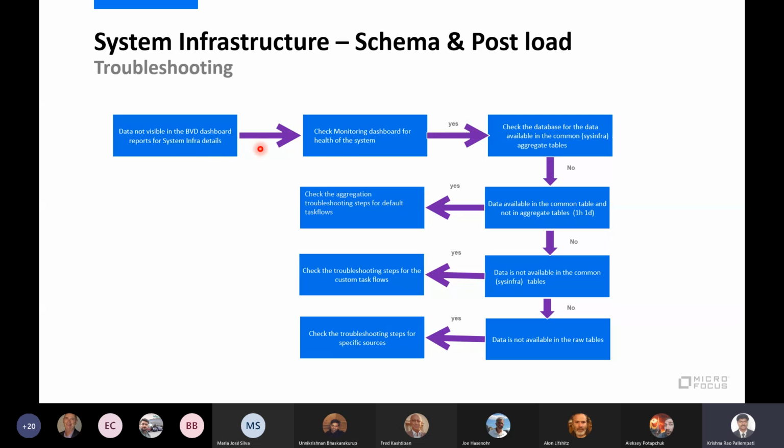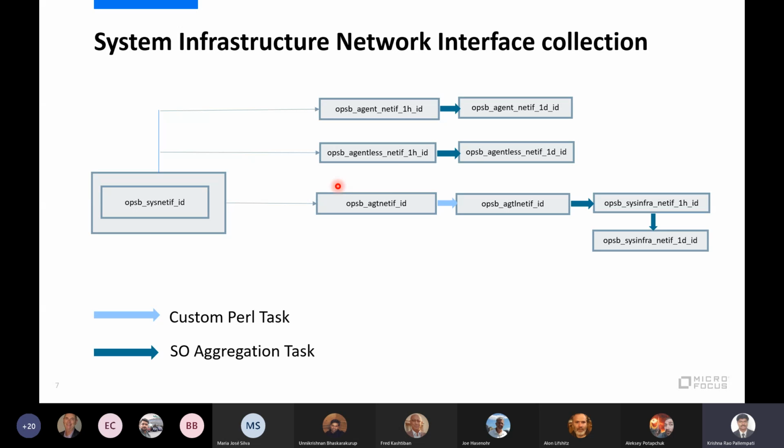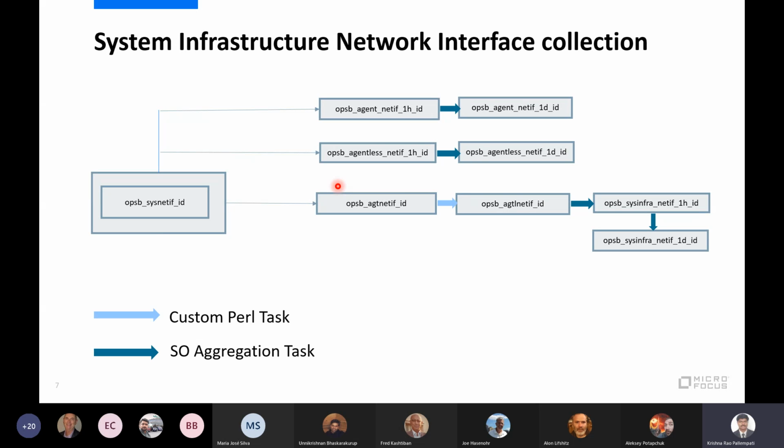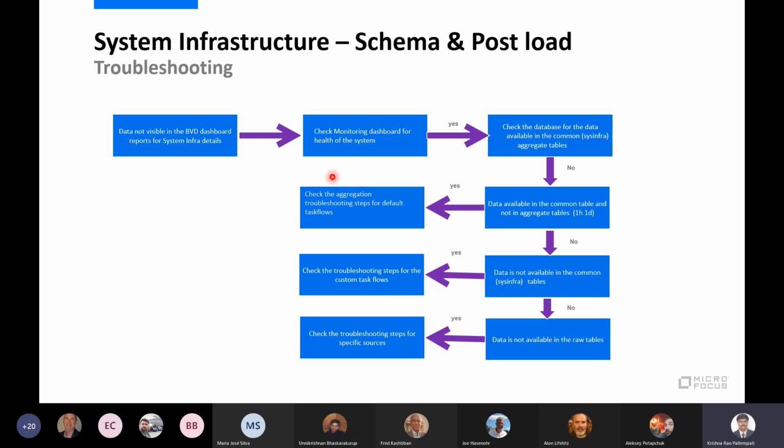So as mentioned yesterday, there is a monitoring dashboard. I think you may see the monitoring dashboard further in the next sessions. So what will this monitoring dashboard contain? As I explained earlier, the previous task flows and task details will be there: whether each task ran or not, and if the task ran, what the frequency is.